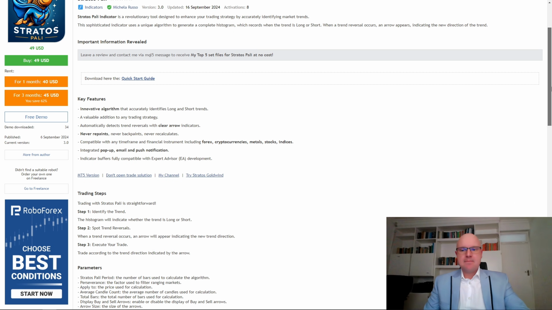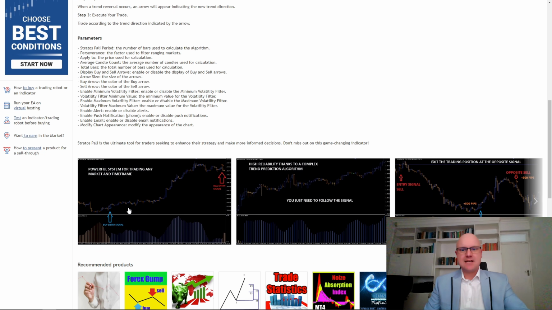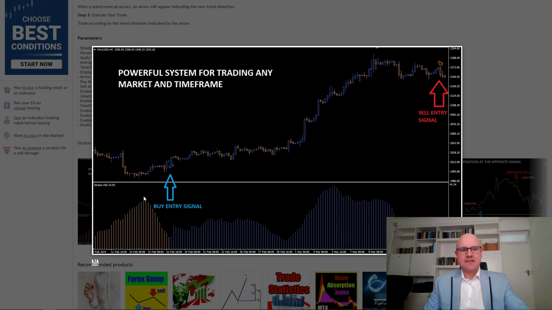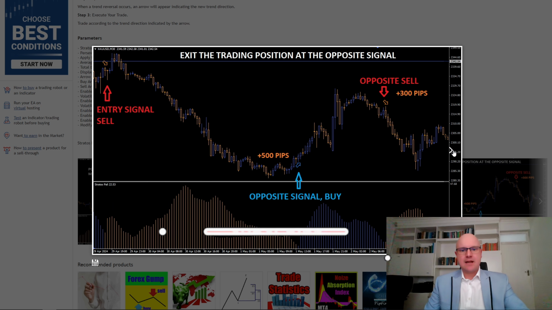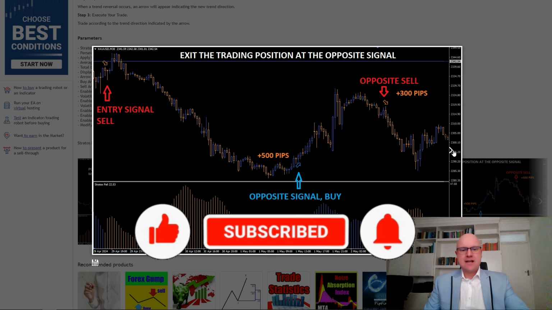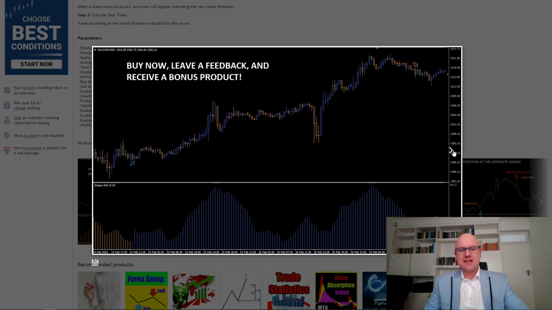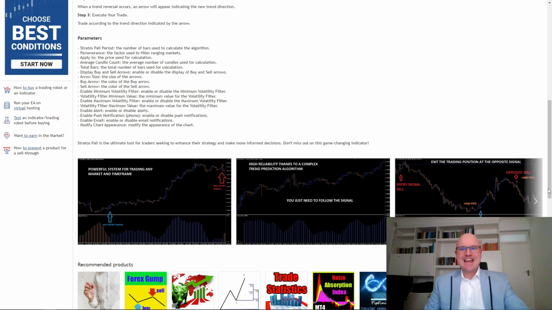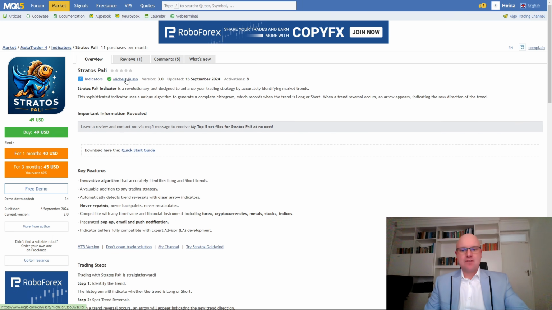Now, the thing that I'm most interested in is looking at some of the images, which will give us a better idea of how the robot functions live in the market. Now, here we have a swing trading example on the XAU USD and a lovely buy trade on the Euro USD on the hourly. We also see ideal trading circumstances if we look at this image on the 30-minute time frame of XAU USD. So now that we've learned a little bit more about the indicator or the entry strategy that the EA is based upon, let's take a look at the author.